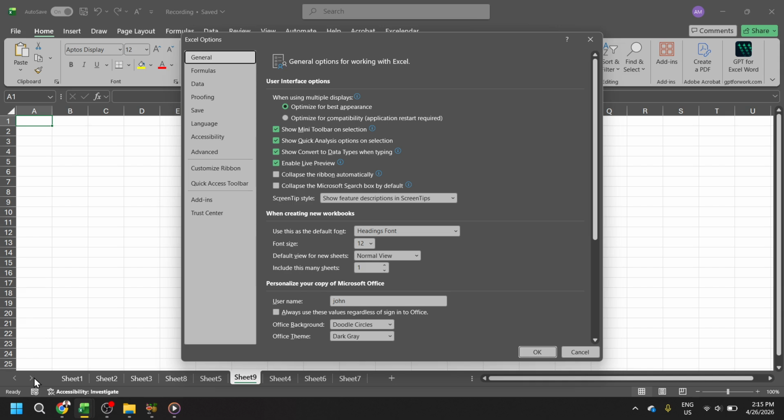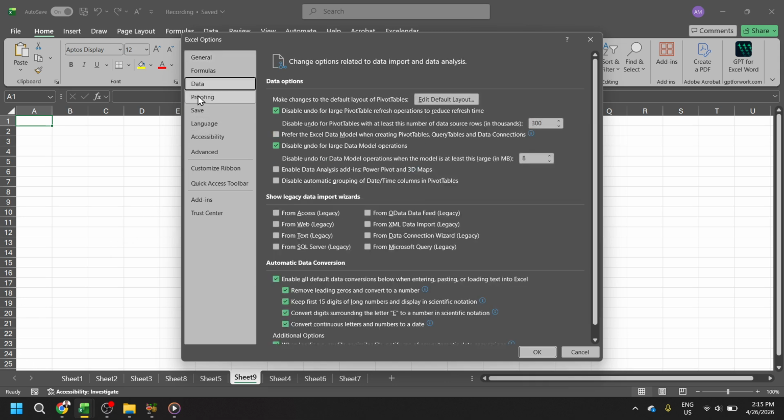With the Excel Options dialog box now open, you'll observe a series of categories listed vertically on the left-hand side. These categories help organize the vast number of settings available. For our specific goal of preventing Excel from auto-converting numbers to dates, we need to focus on how Excel handles information and its interpretation. Therefore, navigate through this list until you find and click on the Data category. This section is dedicated to settings that control data manipulation, external connections, data validation rules, and most importantly, the automatic recognition and conversion of different data types. Selecting Data will display all related options on the right side of the dialog box,